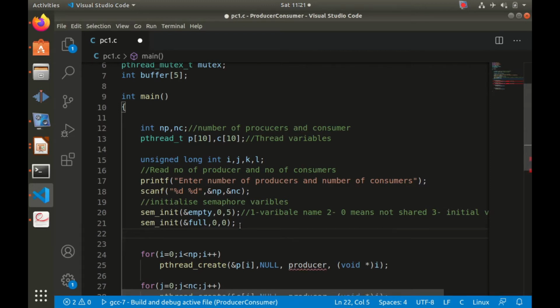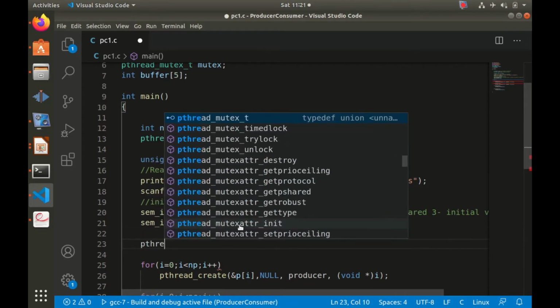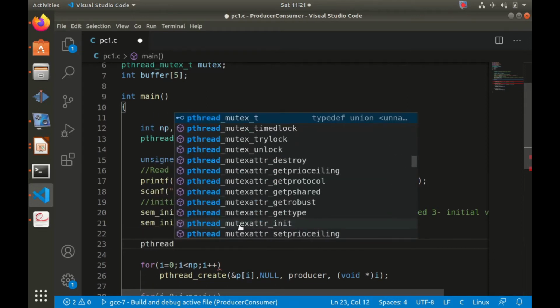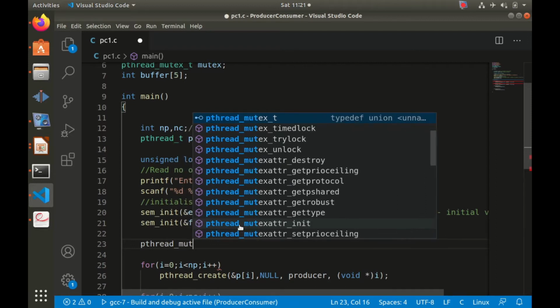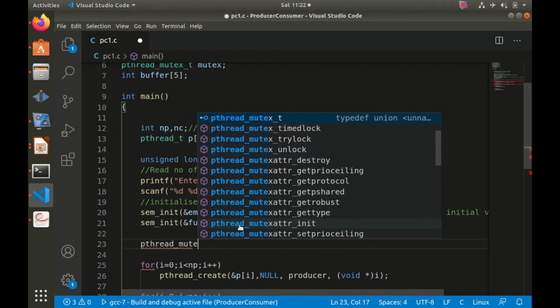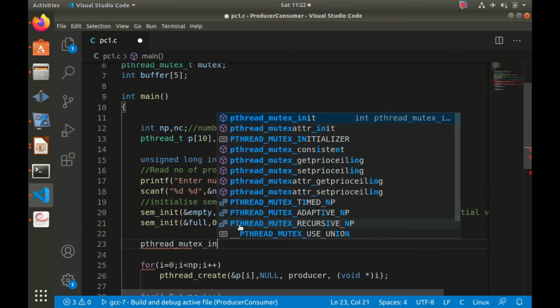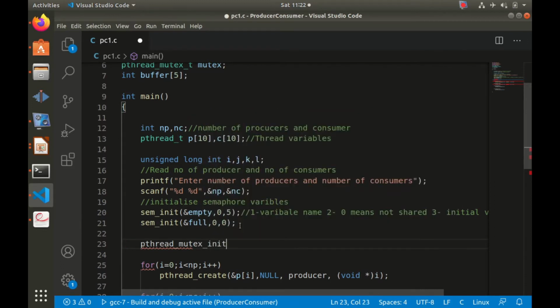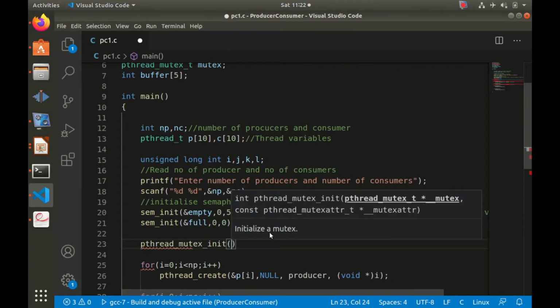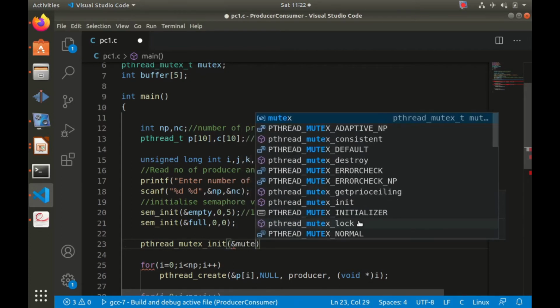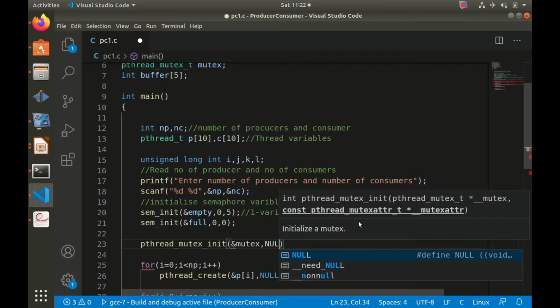Then we have to initialize the mutex variable also. So initialization of mutex variable is pthread_mutex_init. So this is the name of the function, and its arguments are address of mutex variable and attributes. So address of mutex variable is address of mutex comma null.